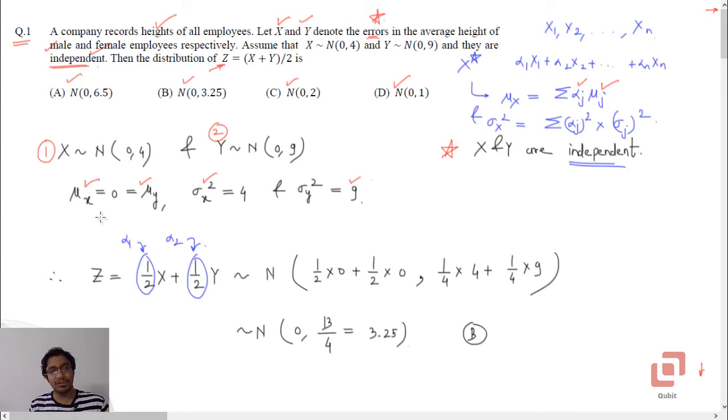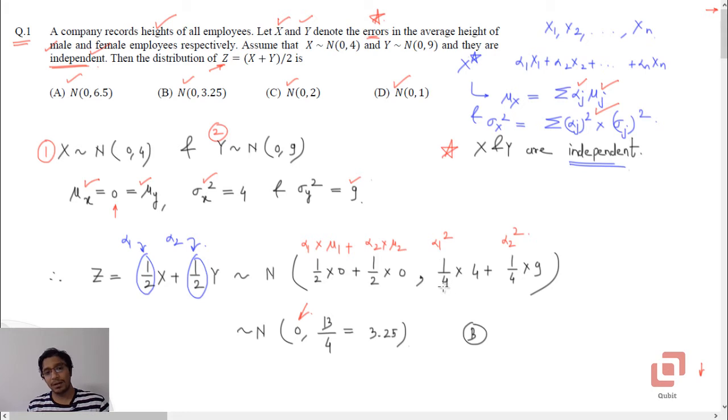Now both mu j's here, mu1 and mu2, are 0. So 1 upon 2 times 0, so this is alpha 1 times mu1 plus 1 upon 2 into 0, so plus alpha 2 times mu2. And as we expected, this has to be 0. Now let us calculate the variance. To calculate the variance, what we do is we actually take the squares of the coefficients, alpha 1 and alpha 2 as per the property.